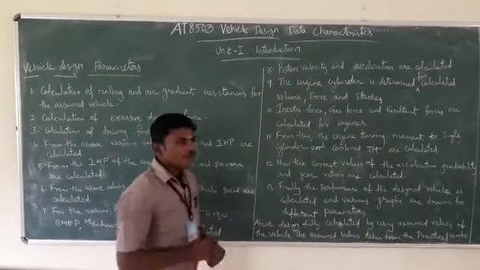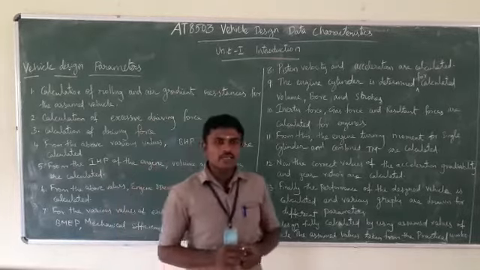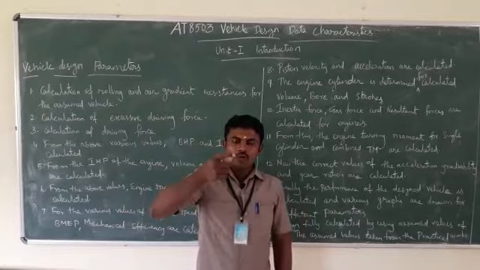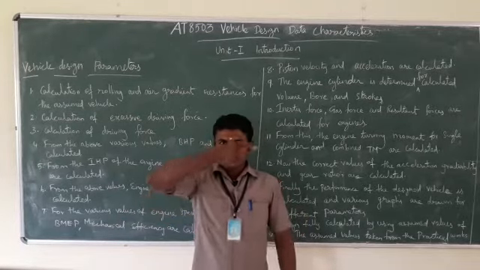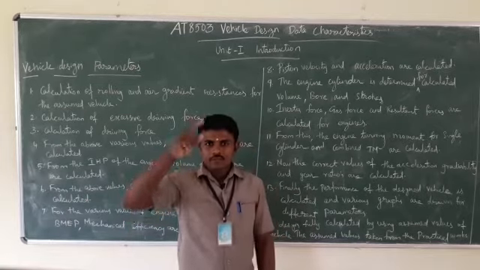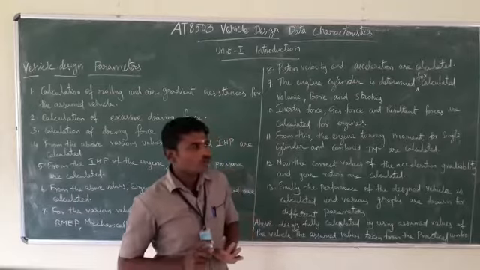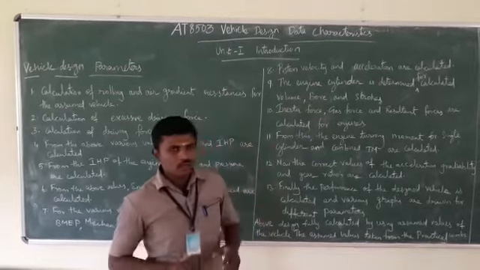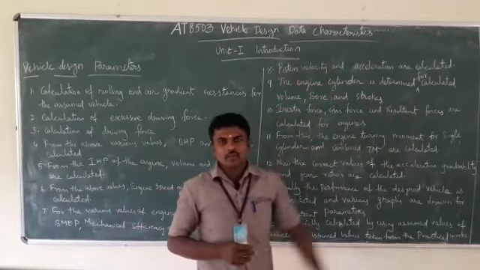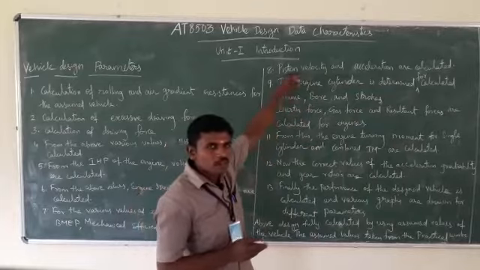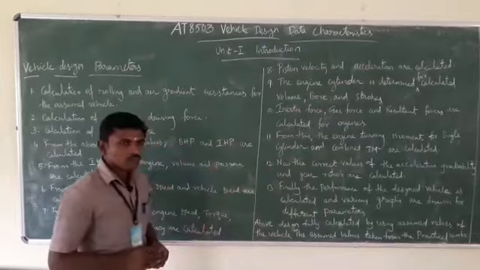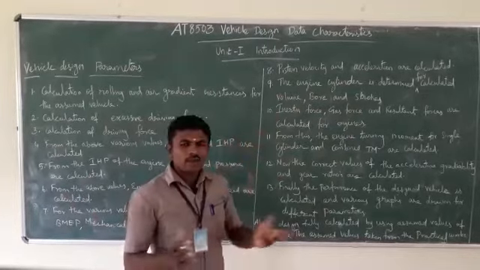After that, we need to find the engine cylinder. Engine cylinder means what's the bore of the cylinder. Bore means the diameter of the cylinder, and the stroke length of the cylinder, that we need to find, right? These things we need to find after the piston velocity and acceleration, right? Then we found the bore value and stroke values.